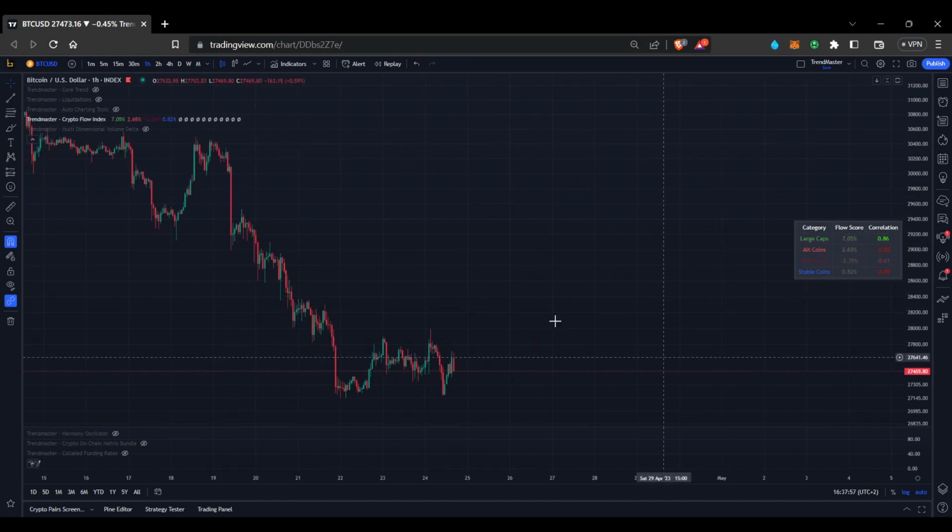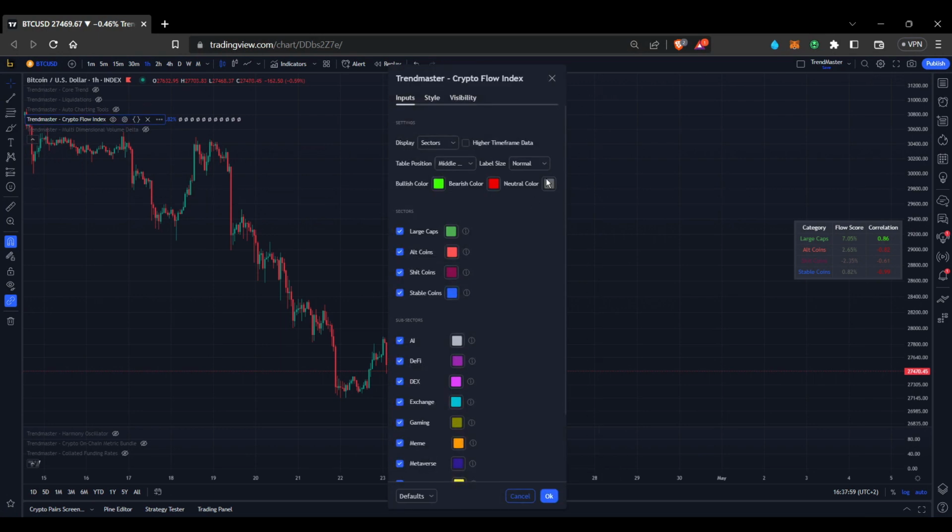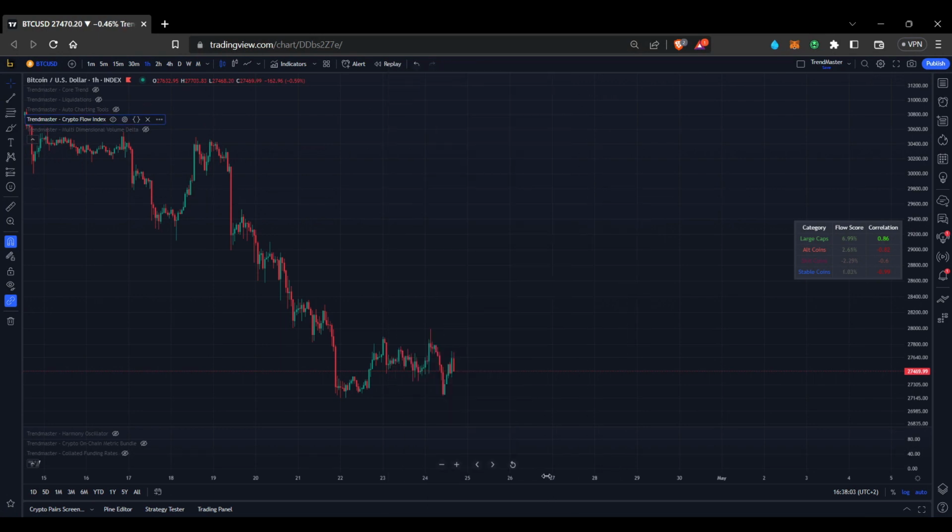So right now, I'll go over the flow index a little more. I'm just going to turn the neutral color to yellow so you can see it a little clearer. I'm just streaming from McDonald's at the minute, so the internet's not great. But